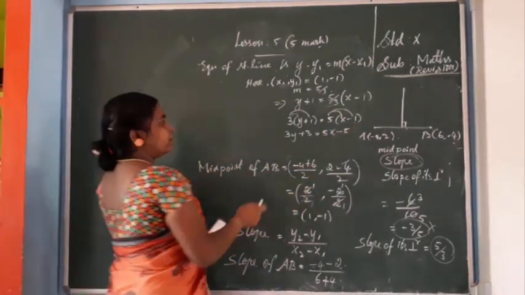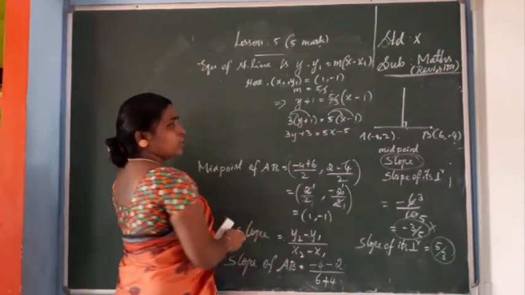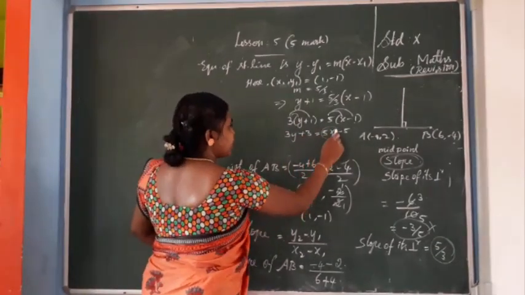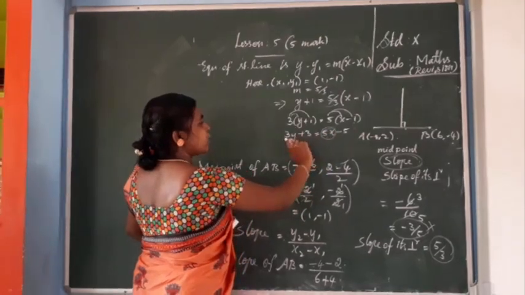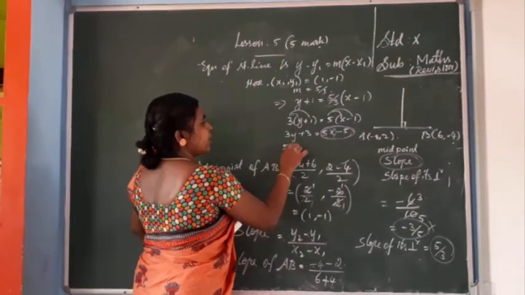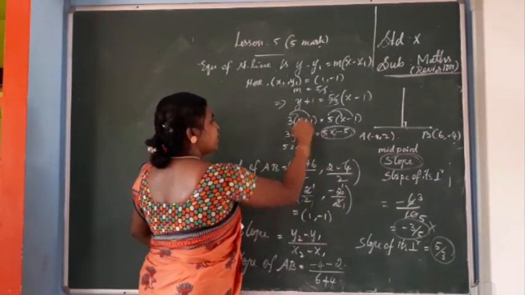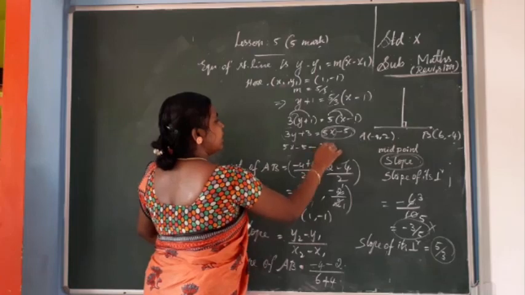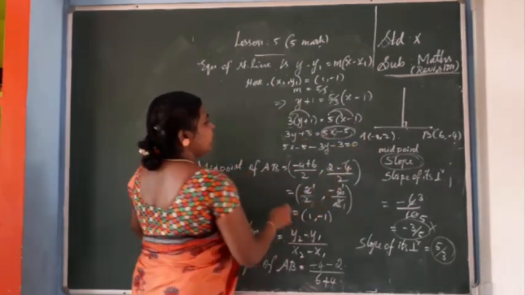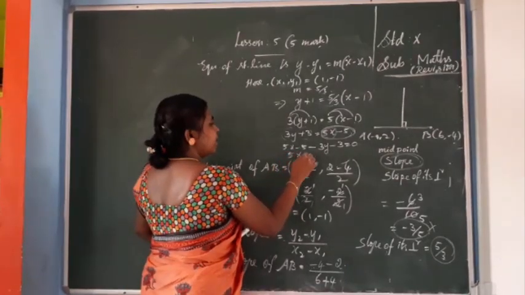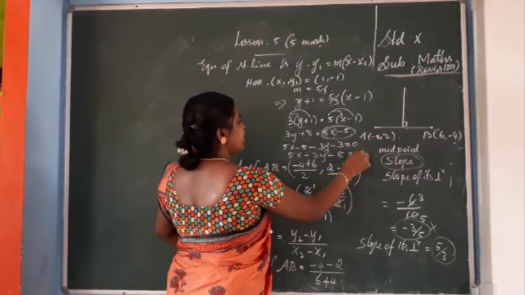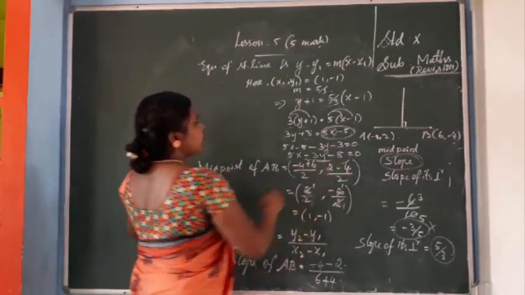Okay. Now you have to take all the values to the left hand side or the right hand side. So if the x value is positive on the right hand side, you take everything to the right hand side. So first you write these two values, 5x minus 5. 3y you take to the right hand side, what do you get? Minus 3y. Plus 3 you take to the right hand side, what do you get? Minus 3, equal to 0. Now you arrange it. 5x minus 3y minus 5 minus 3 is minus 8, equal to 0. This is the answer. Okay.